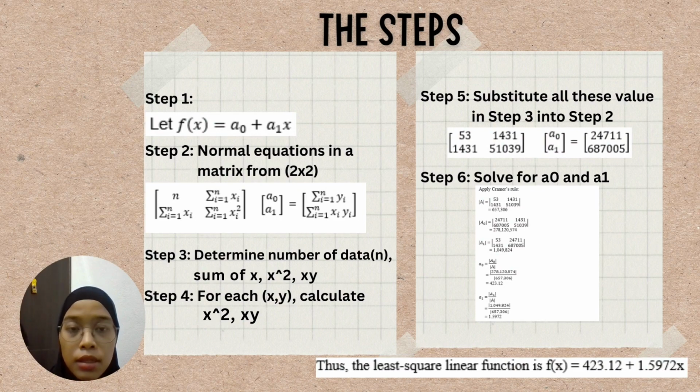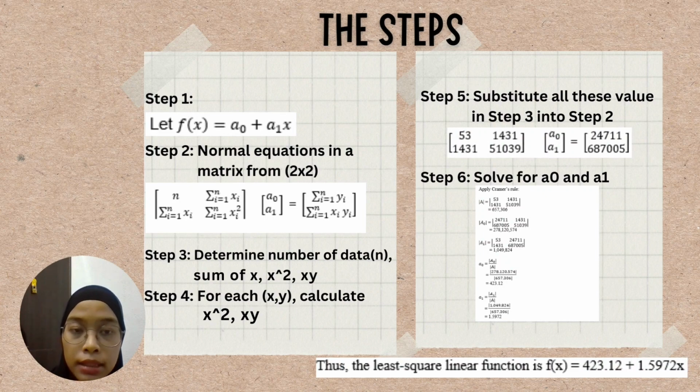53, summation of x equals 1431, summation of x squared 51,039, summation of y is 34,711, and lastly summation of xy is 687,005. Step 6 is solve for a0 and a1